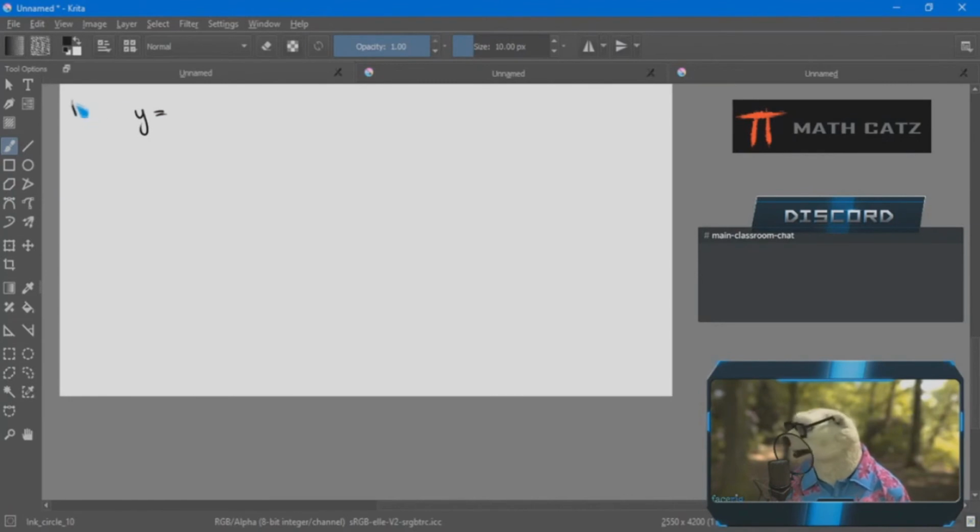Let me do an example. A simple one. I'm just going to make a standard form one. Let's say y equals 2(x minus 1) squared minus 3. Like that. We did do this once,